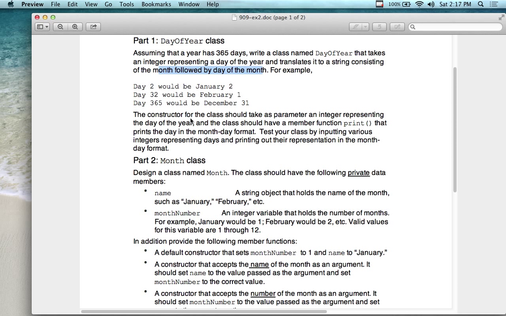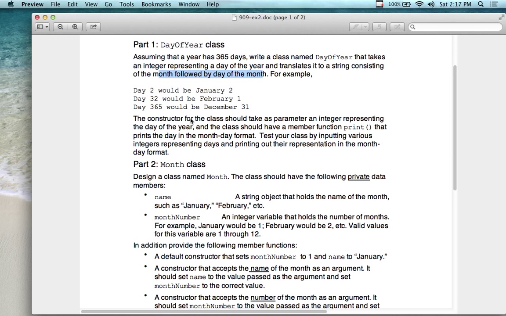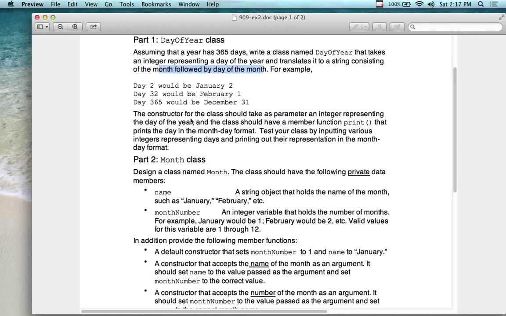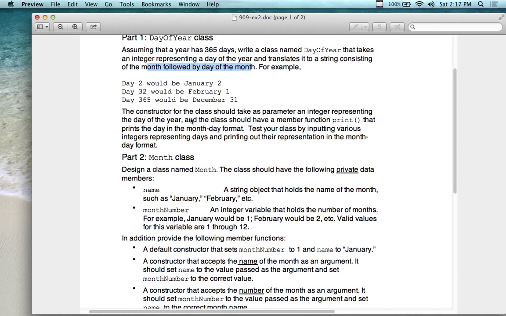So if I don't want to create an array of objects, then let's take a look at number 2 here. Oh wow, now I've got to create constructors. This one's all about constructors. So you have to create a constructor that should take parameters of integers, the day of the year, and the class should have a member function called print. And that prints out the day in the format